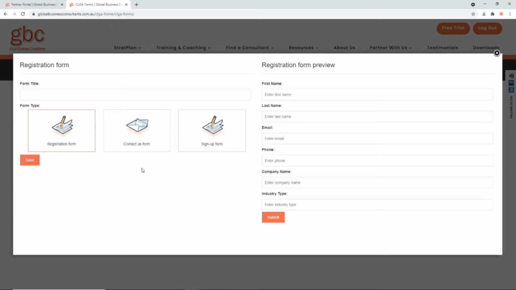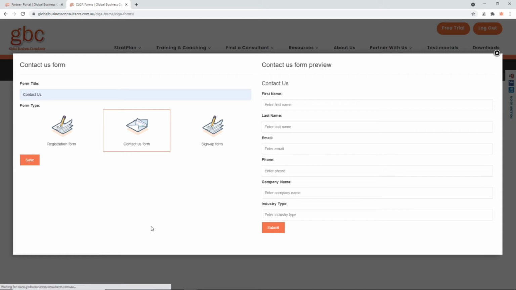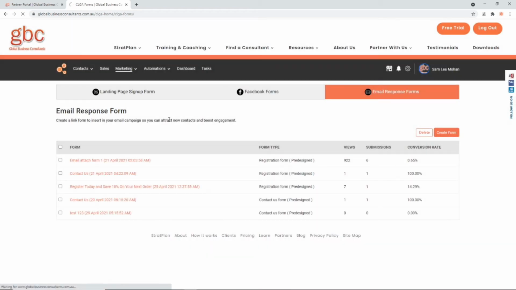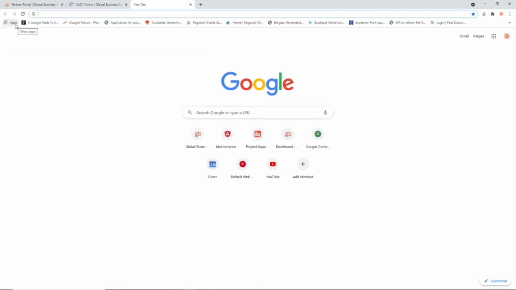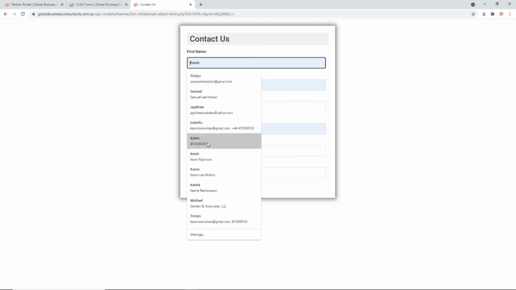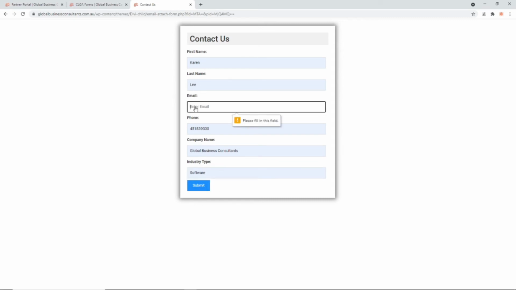And when you create a form, what you have here is a link, and you'd hit on copy this link, and this particular link you can now include it in your email campaign. And just to show you what that form would look like when somebody clicks on the link in your email campaign, it is a very nice simple looking form that when a user puts their information in and clicks on submit,